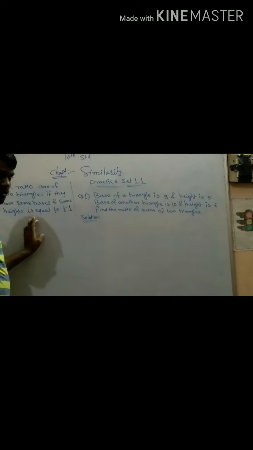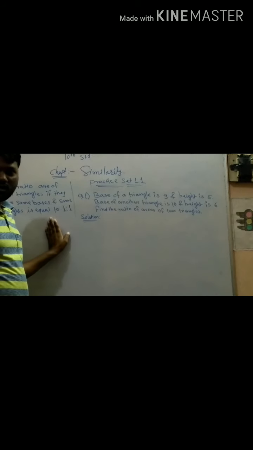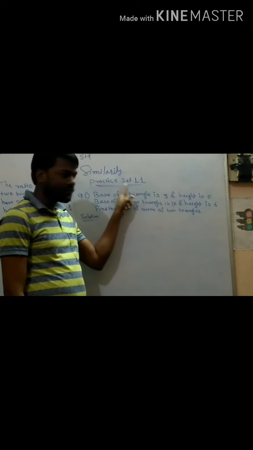There is a spelling mistake for ratio of areas. You can write down: the ratio of areas of two triangles, if they have the same base and the same height, is equal